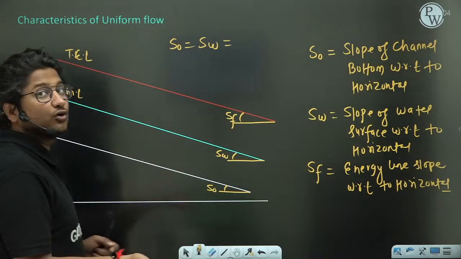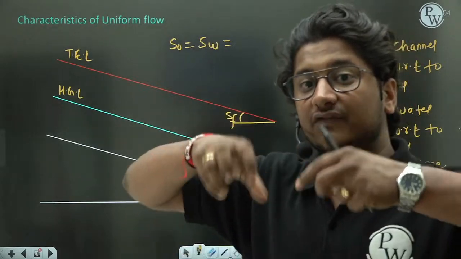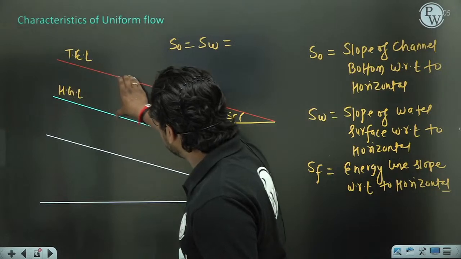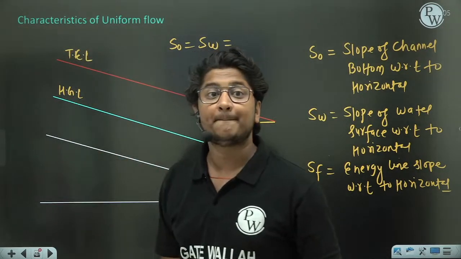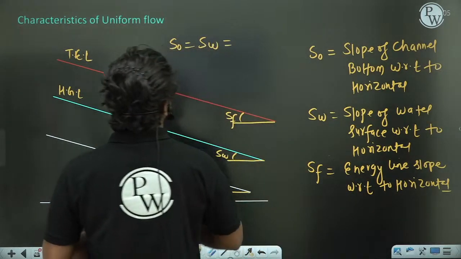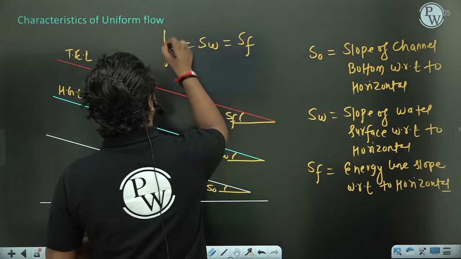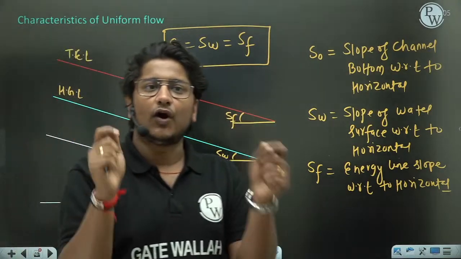And if velocity is constant, as in a uniform flow, that means this velocity head is also constant. So again, the HGL line and TEL line are parallel. So can I say this, SW is also equal to SF, and this becomes the characteristic of uniform flow,